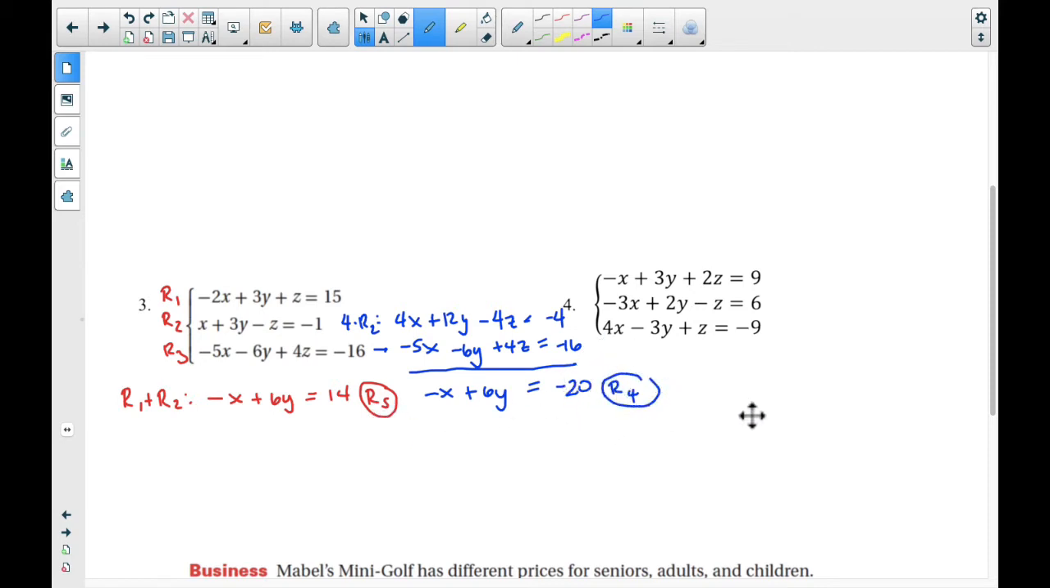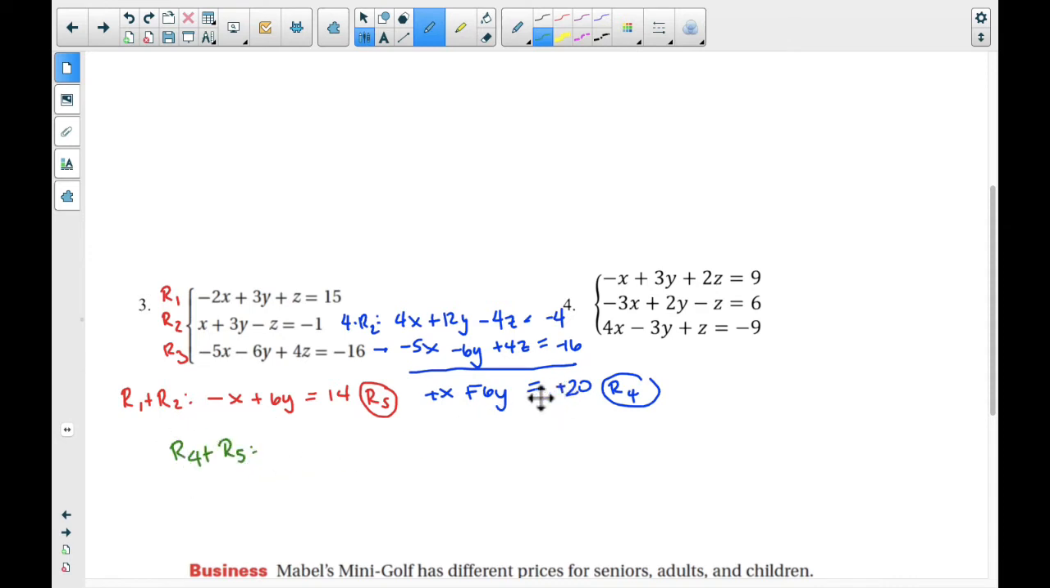That's okay. So now I have these two that I can also add together. But I need one of them to be negative and one to be positive. So maybe I want to change signs on my R4. So I'm going to go positive, negative, positive. I just multiplied everything by negative 1. If I multiply everything by negative 1, I get this. Now, if I take R4 plus R5,